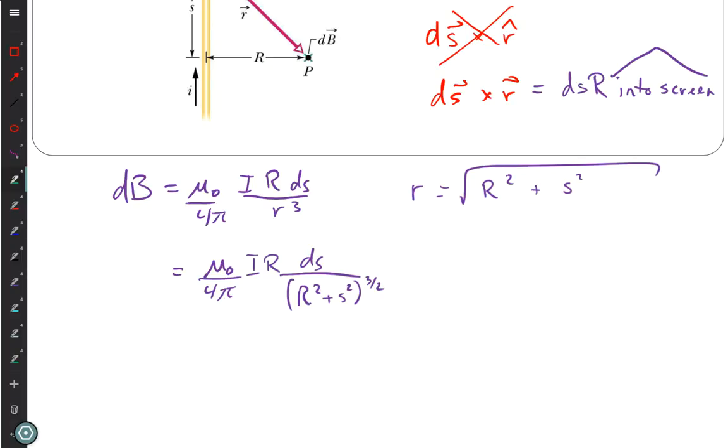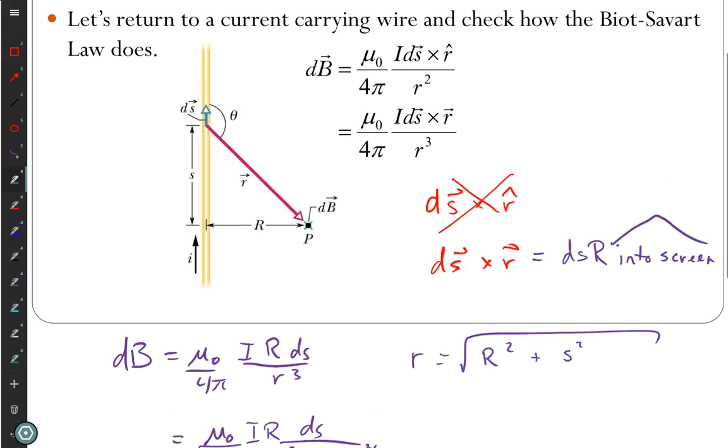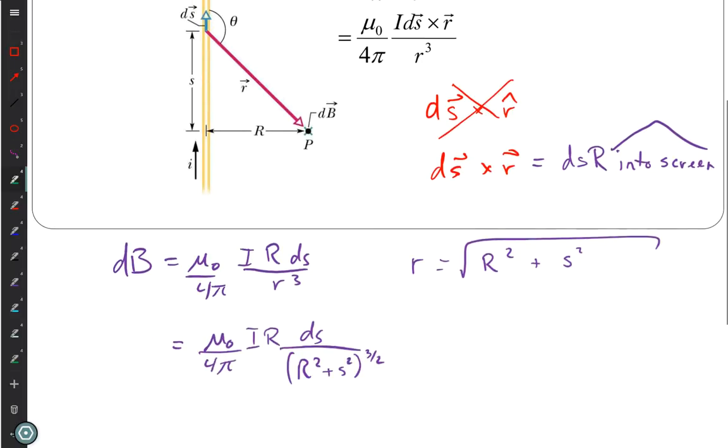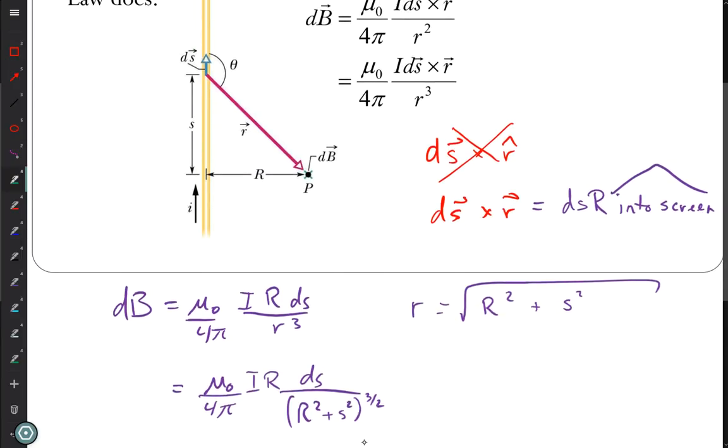Theta. Okay, so Megan chose theta. So if I choose theta, that means I have to put both S and R in terms of theta. So if I look at these, I can say, well, looking at my definition of the angle theta here, then I'm going to have,